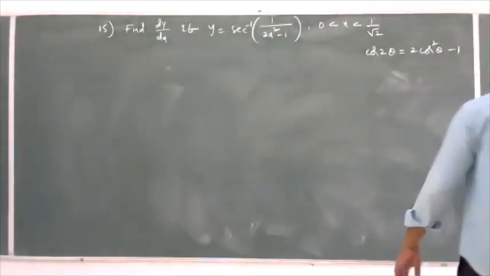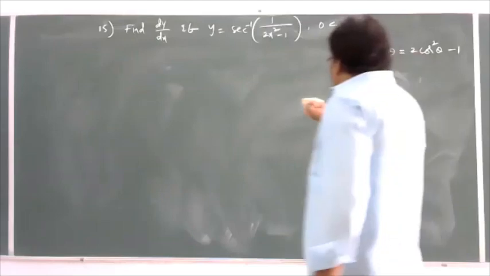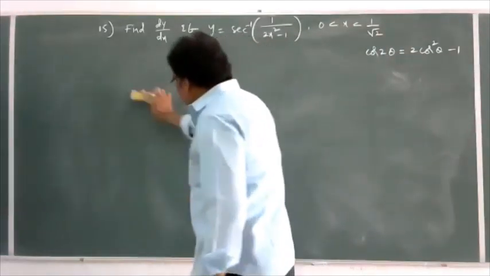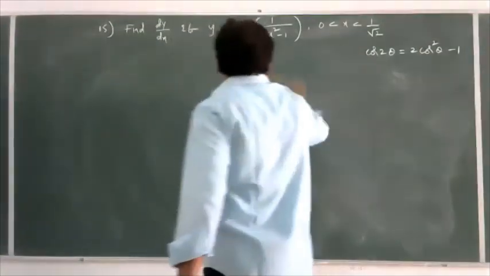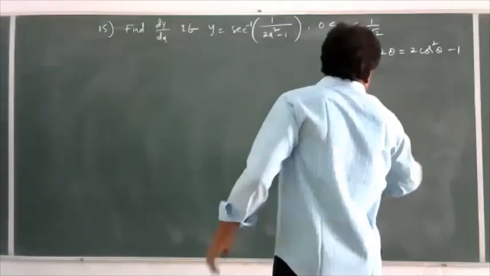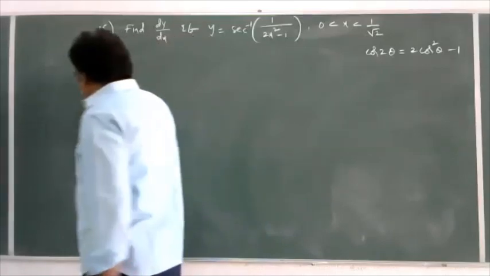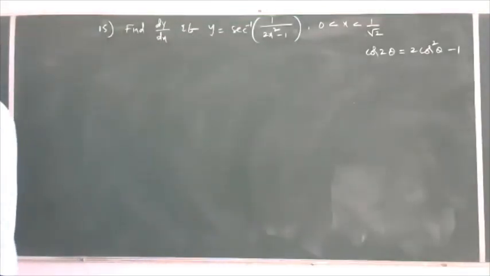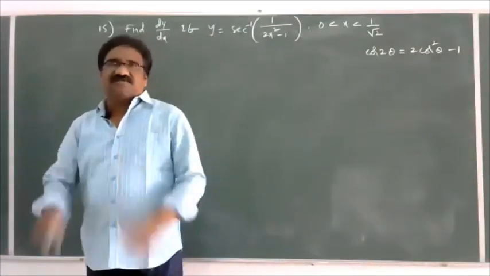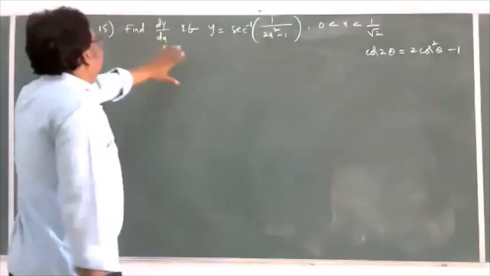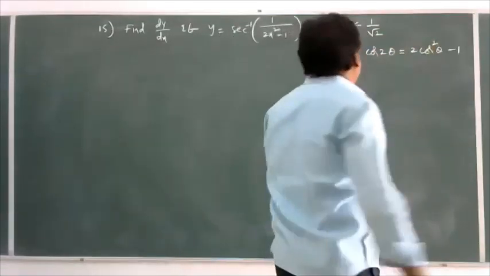So you must remember the trigonometric formulas. Here trigonometric formulas are very, very important. In the first year we discussed complete trigonometry. We must remember the formulas and practice them daily. In inverse trigonometric functions also we get some more formulas, and in differentiation also. Every topic is related to another topic in terms of formulas. That's why the formula is required: cos 2 theta in terms of cos is 2 cos square theta minus 1.